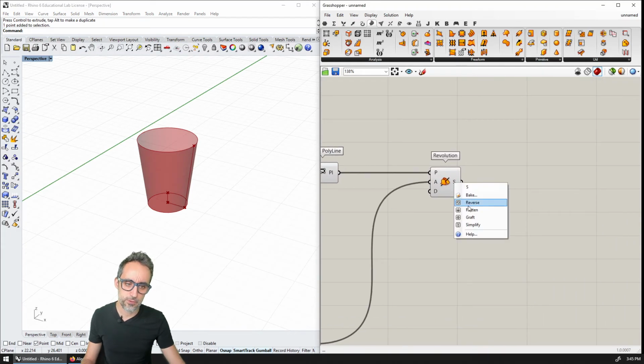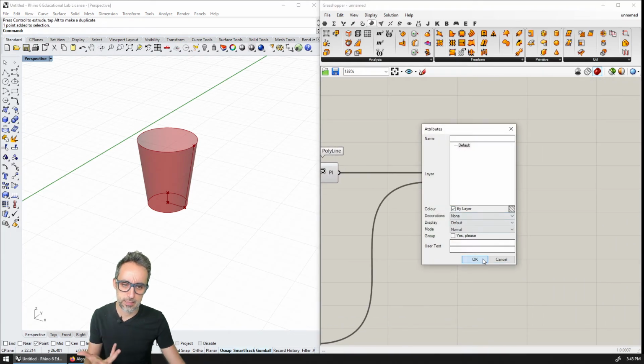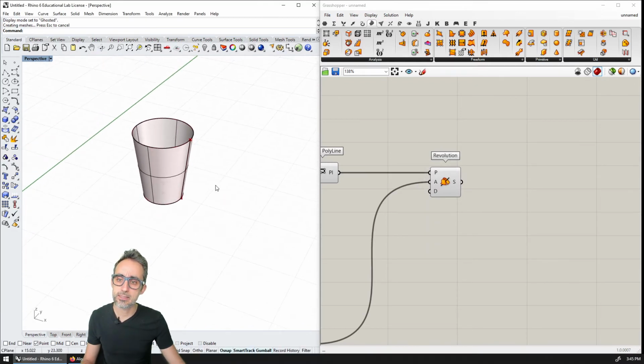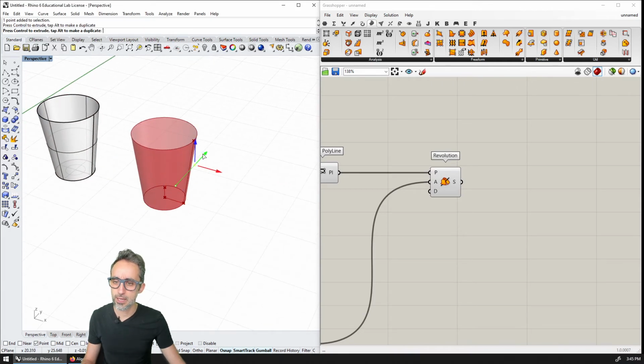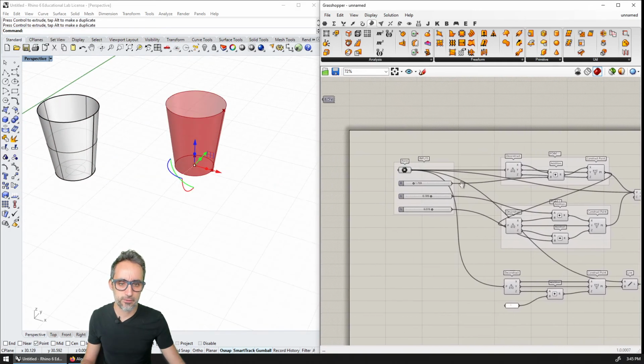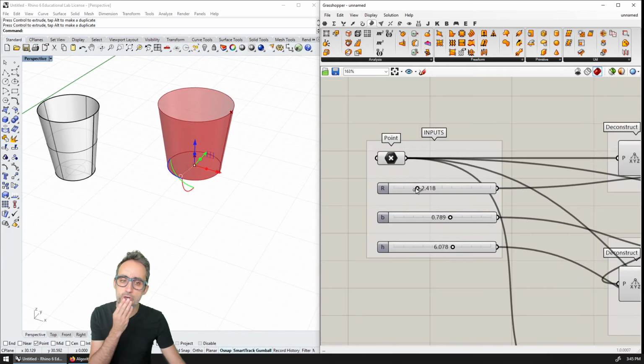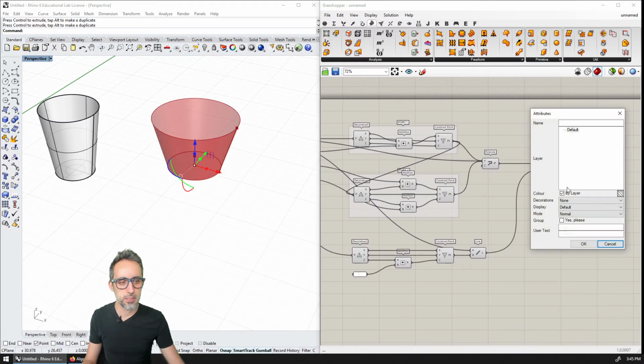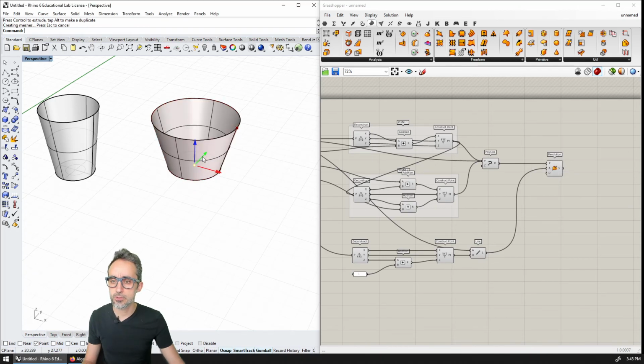Let me see. I'm going to bake this so that I can see a little better. Okay, and I'm going to choose ghosted so that I can see. Let me try another one. So I'm going to move the point here. I'm going to bake, and I'm going to make a version of this that is a little wider, perhaps a little more ample, and a little thinner. Okay, so I'm going to bake that one, take a look at it, and then I'm just going to copy